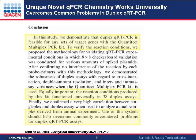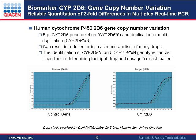They are just about to publish a new paper, as I have heard, which not only shows this for duplex real-time PCR analysis, but brings this to a completely different level, where they were able to analyze in the same reagent environment up to 4 transcripts per reaction. This is also of quite value